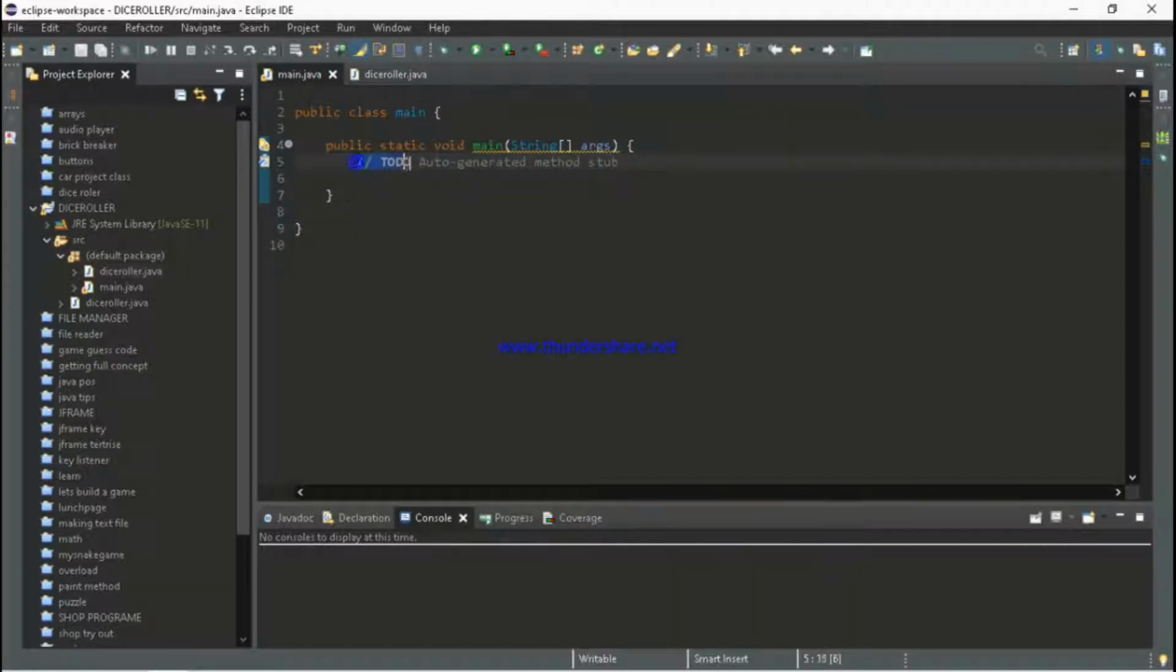So I'm going to delete this. Then I'm going to say dice roller. Then what's the name? How are we going to call this? Let's just say dice is equals to new dice roller. Okay,